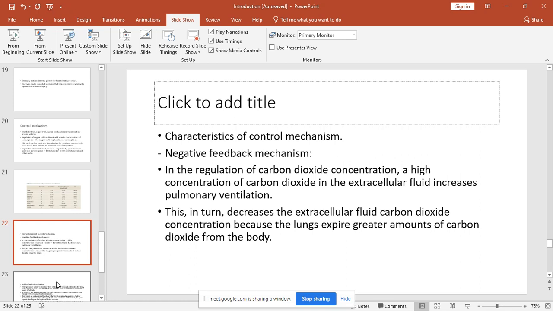That would eventually lead to an increase in the concentration of carbon dioxide in your extracellular fluid, and there are particular centers designed to pick up the fact that there is now an increase in the concentration of carbon dioxide. I think there are some chemoreceptors